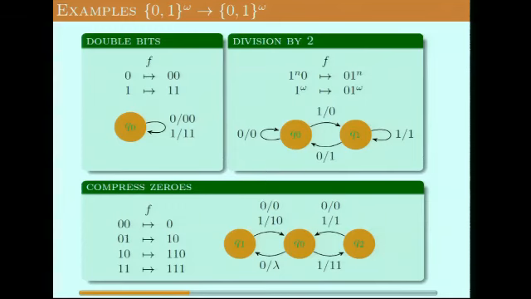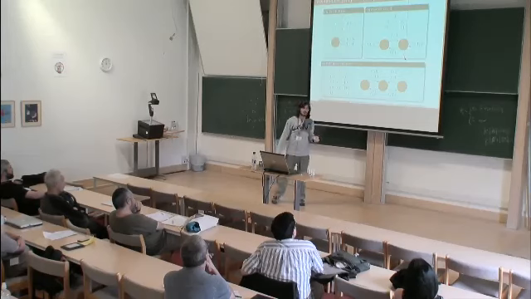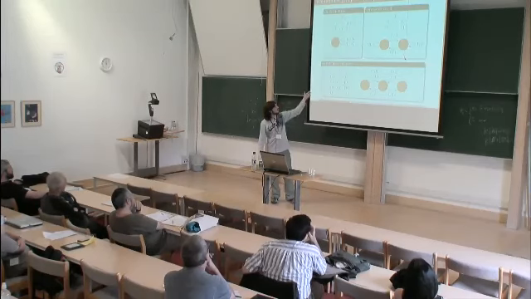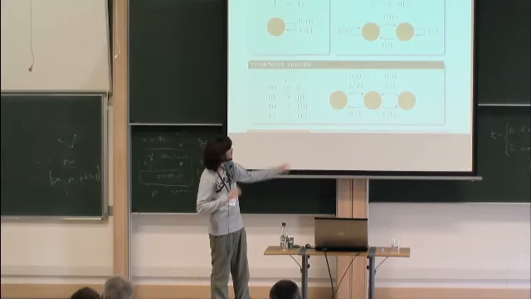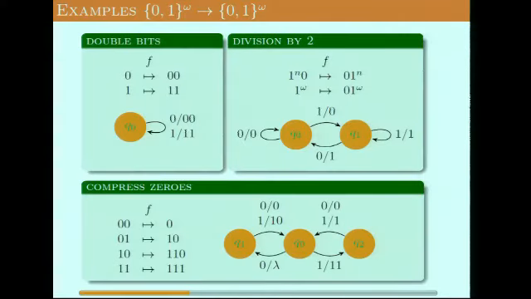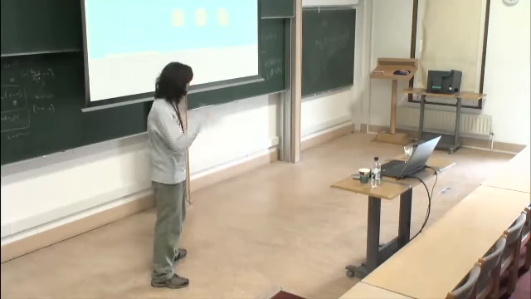Then the second example on the right is a division by 2, in the sense that it just outputs the same sequence as the input, but adding a 0 at the beginning. But the thing I'm trying to illustrate here is not that, because that's computable with a much simpler automaton, but you can see that it can be computed with a fully connected automaton that always outputs something of the same length as the input. In a couple of slides below, I will show that it has some interesting properties that make our work more difficult.